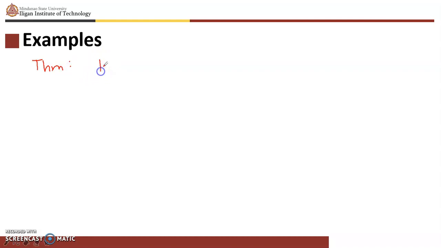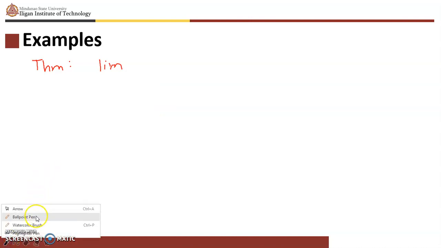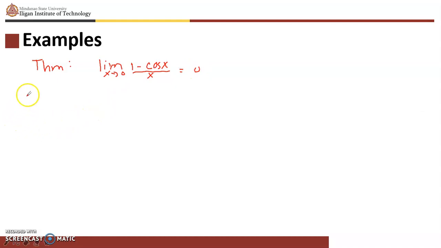the limit of one minus cosine x all over x as x approaches 0 is equal to 0. So we're asked this time to evaluate